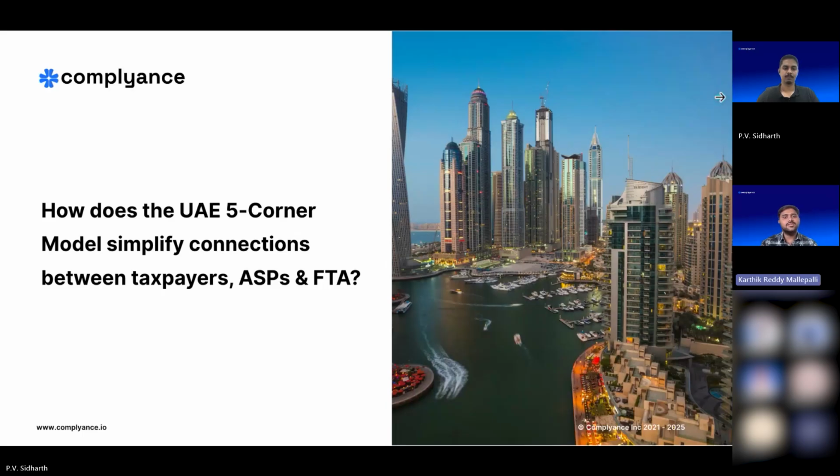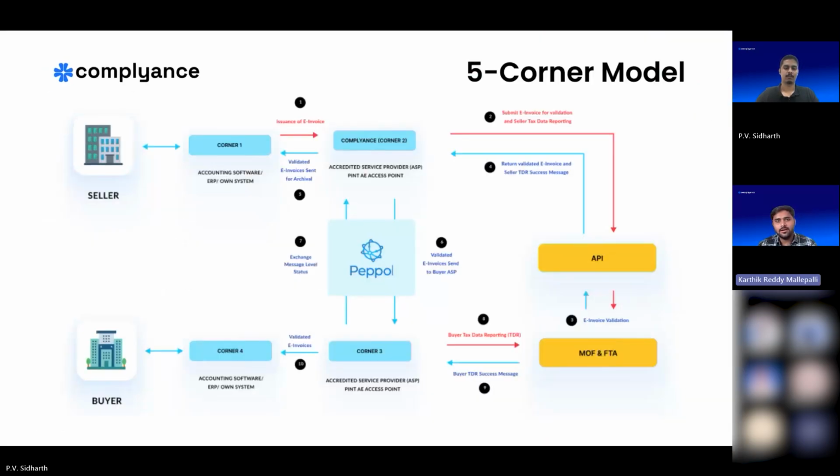Right. UAE is adopting the five corner model and also a decentralized CTC model. To explain this, let's first go through the five corner model. In this, we have five parties. One is the supplier or the seller, and second is the supplier's service provider. The next is the buyer, obviously the receiving party, and then the buyer's service provider. The last party, corner five, is the FTA. Any document should flow from the supplier to the supplier's service provider, and then to the FTA. And vice versa,